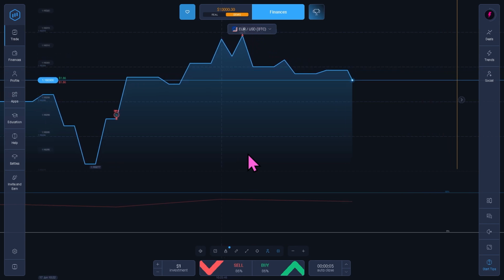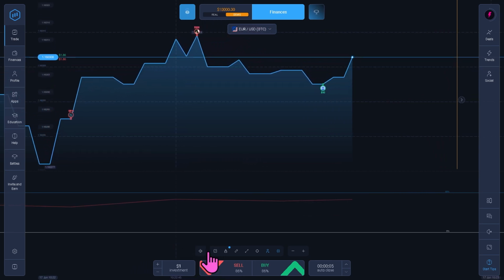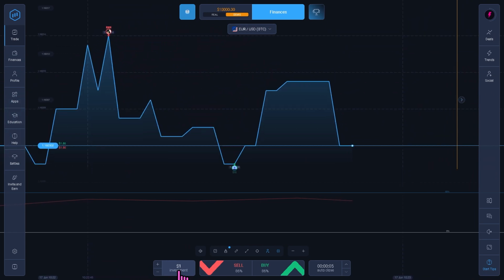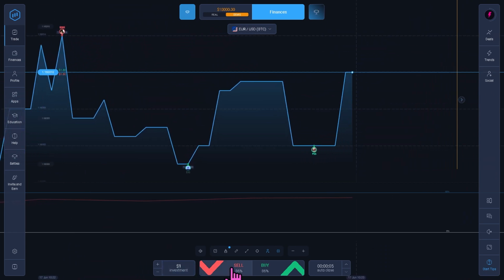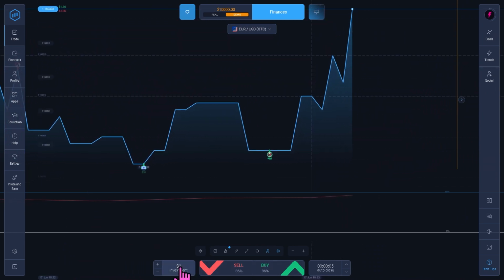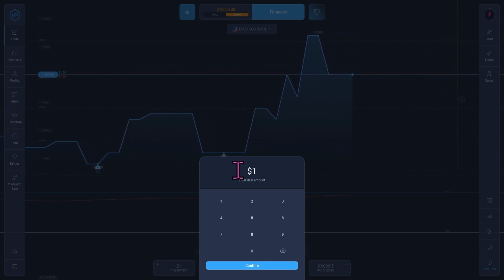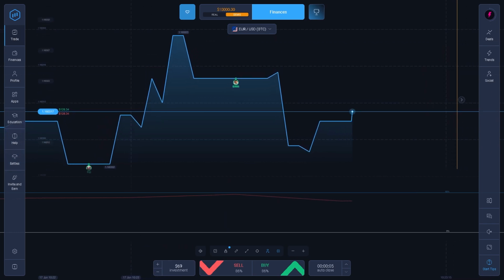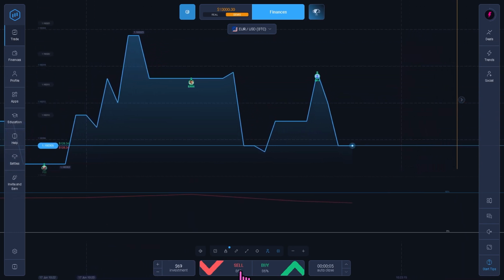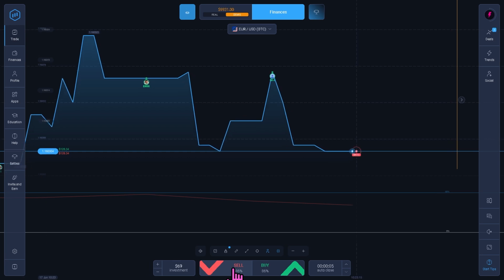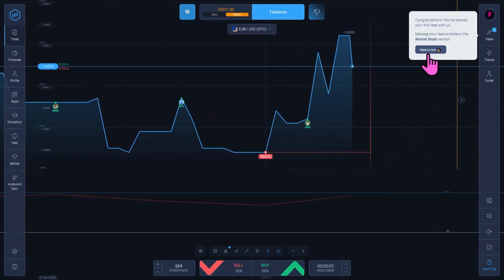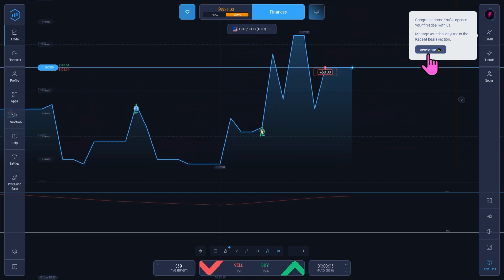And then locate the investment amount section at the bottom. You see, I have a $1 investment and you have the option to sell or to buy. For the investment, let's say we're going to put in this specific amount and click the confirm button. Now, at this point, if you want to place that trade by selling, you can do that as well. It's super simple. And then, as you may notice, you have successfully placed your first trade using a demo account